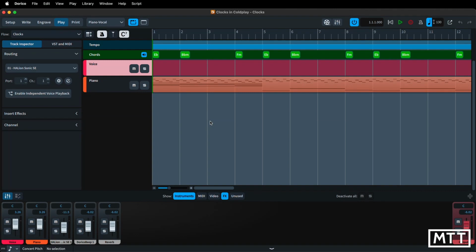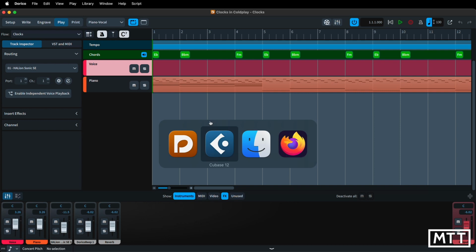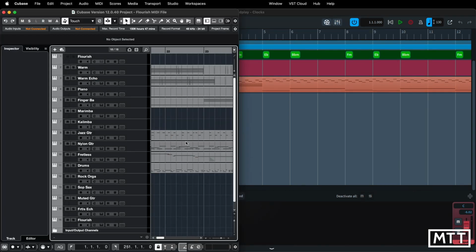Another welcome return in play mode is the ability to drag and drop MIDI. Now, this is whether or not it's from a MIDI file or it's from a MIDI region, I think they quote it as in the documentation, from Cubase. So here we've got Cubase open, and if I